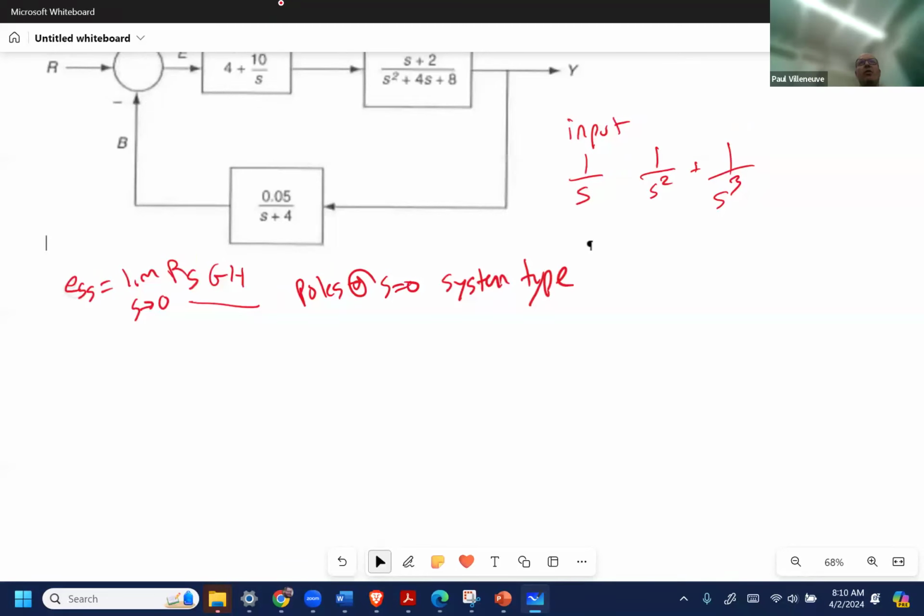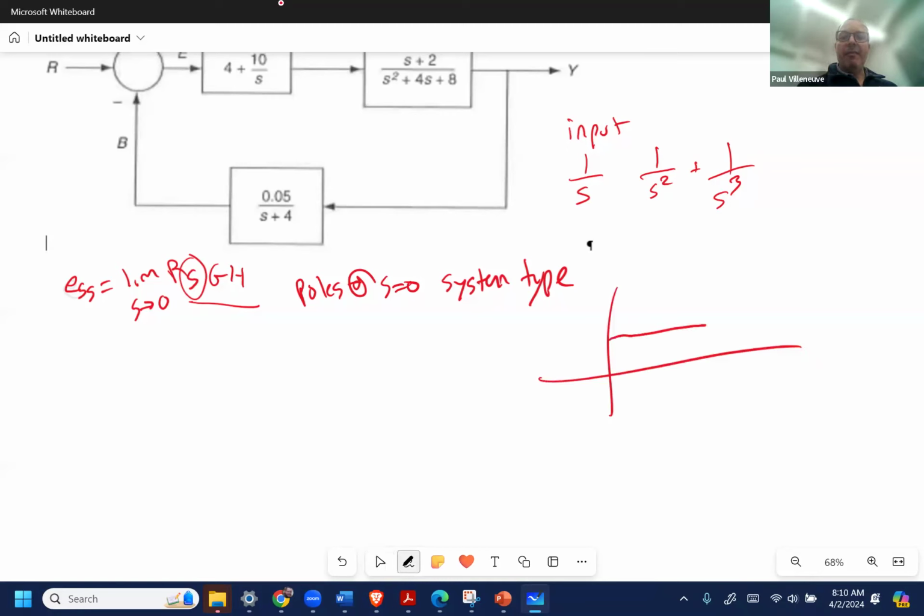Right? That's our first discussion point. Now, the reason why we need to know that is because depending on the input, we have an S over here, and we need to cancel out one of these S's. Otherwise, as our limit function approaches 0, then our equation is going to blow to infinity, because if we have